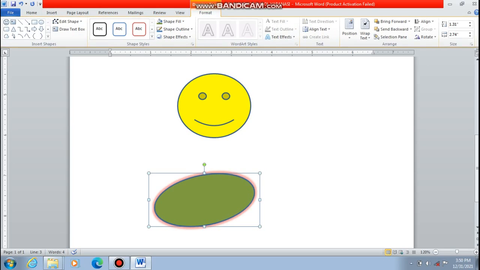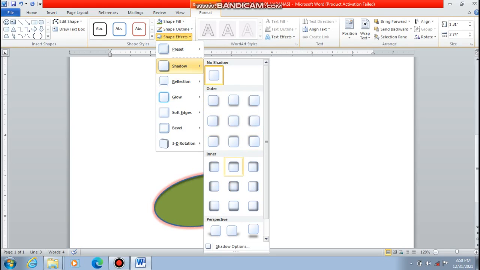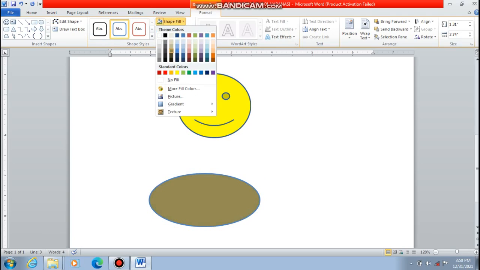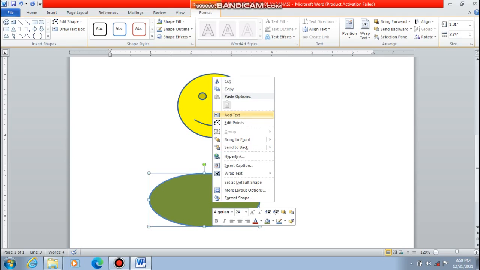Now I'm changing it. Now here see the color, if you want to change this color, see, I clicked here and its color has been changed. If you want to fill it with some color, you can fill it with that as well. Now suppose you want to insert any text, so make a right click, and when you make a right click, this dialog box will appear.